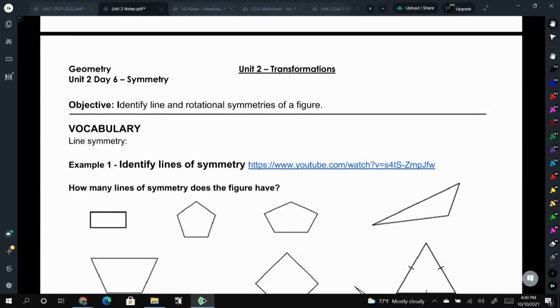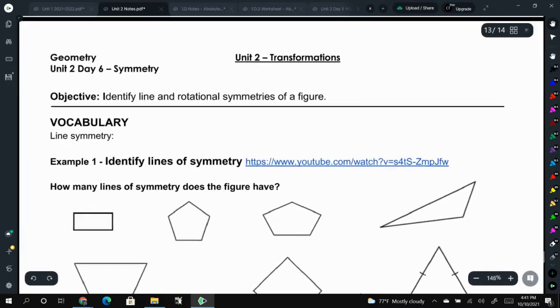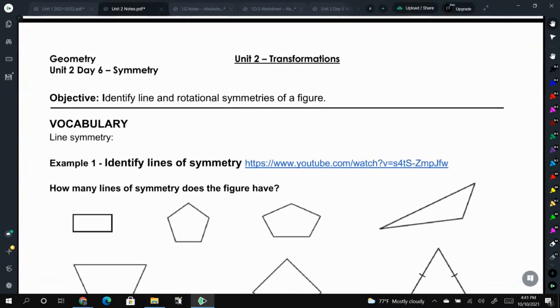The last section in Unit 2 is talking about a topic called symmetry. And you have probably heard that term used before, but there's different types of symmetry. We have line or reflective symmetry, and we also have rotational symmetry. You are probably most familiar with line symmetry, and what line symmetry is, it's